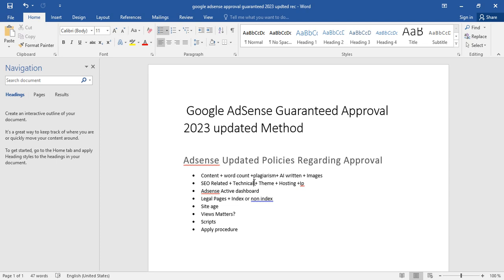You should focus on technical SEO, like putting things where they should be. Choose the right categories for your niche and write the content, putting the specific articles in the category related to that niche.